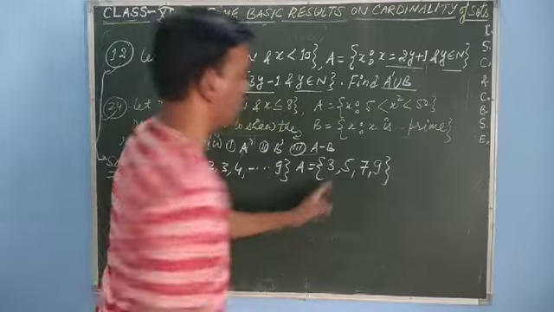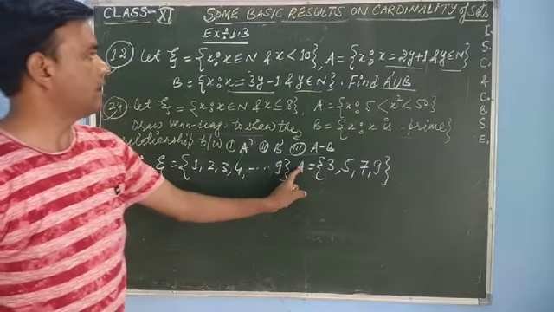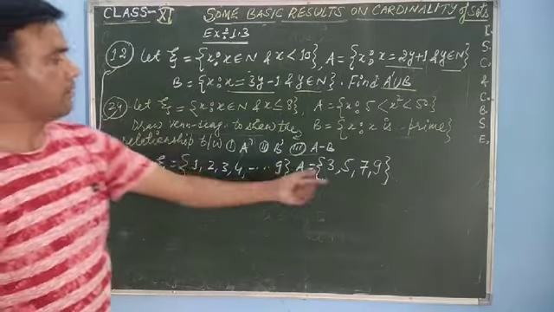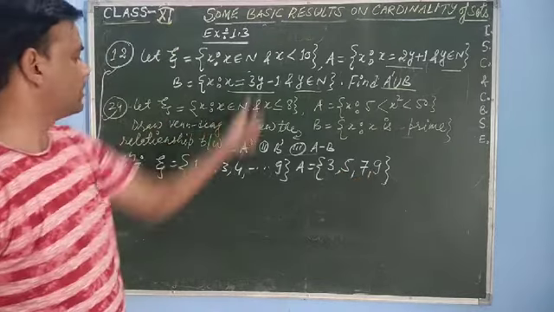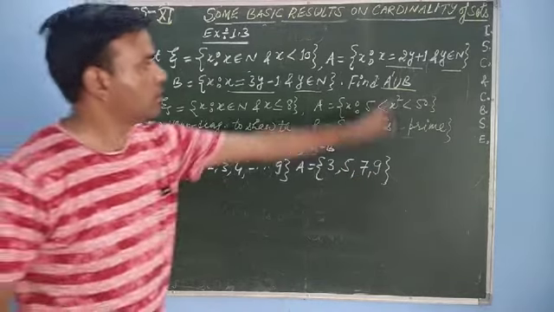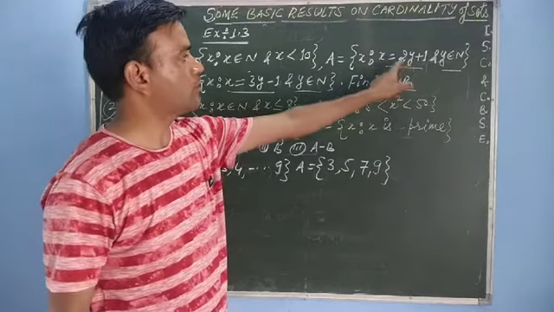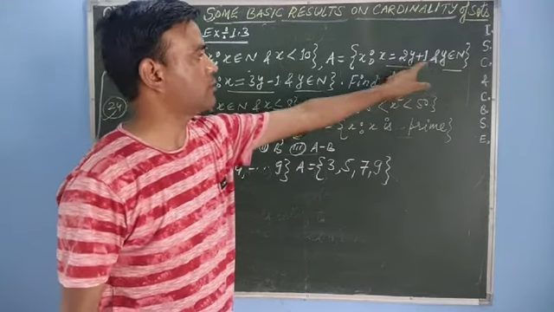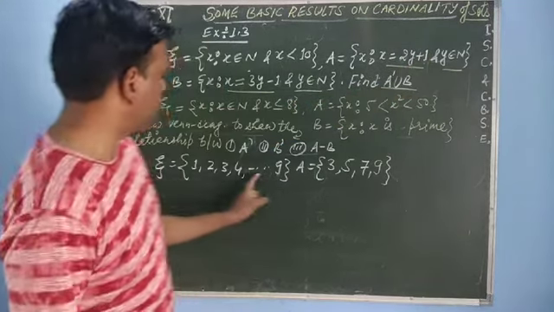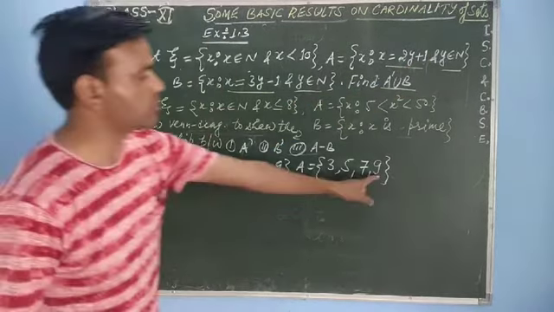And remember this, you have to take all the elements of A according to the universal set. Means elements of A must be in the universal set. So now we can't take y as 5, because 2 into 5 is 10 plus 1, it becomes 11, and 11 is not an element of the universal set. So we will stop here.